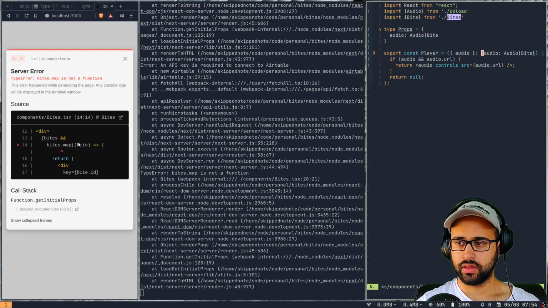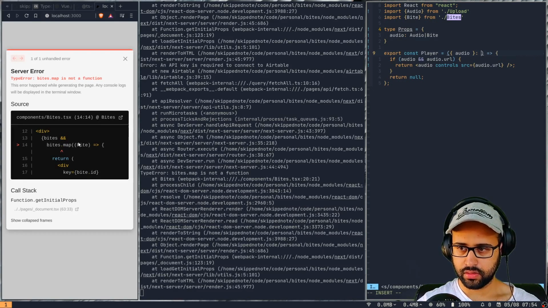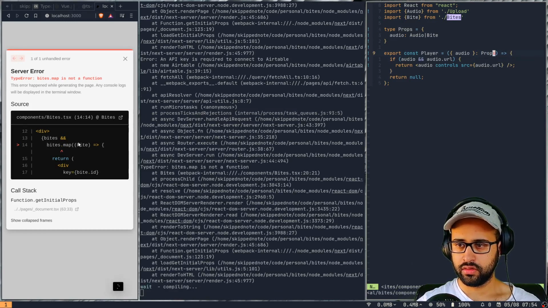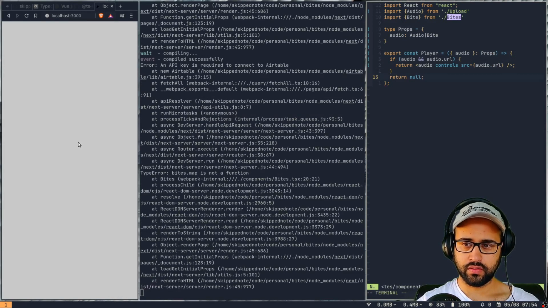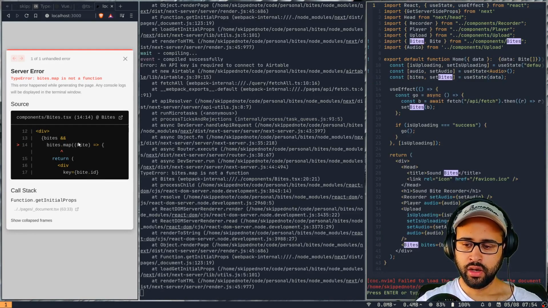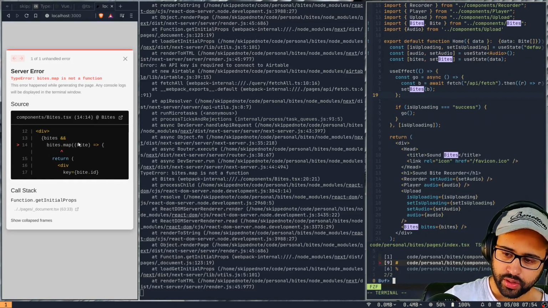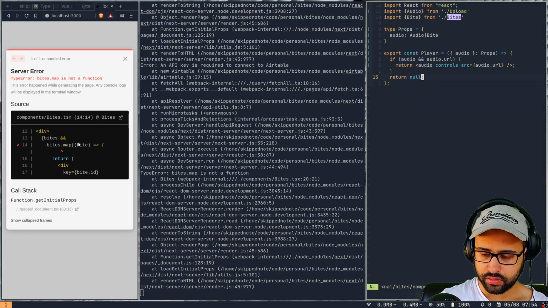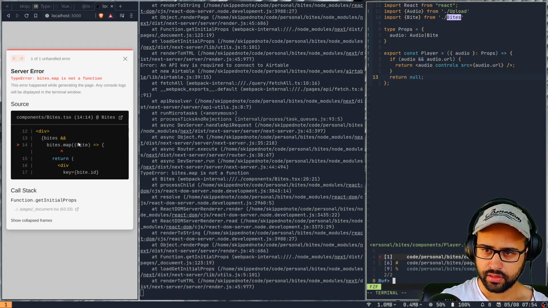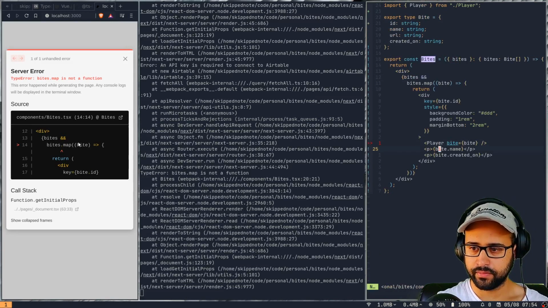And this would be the same thing. Right, and then if I go to index, I think it was throwing error in the bytes file, was it? Yeah.